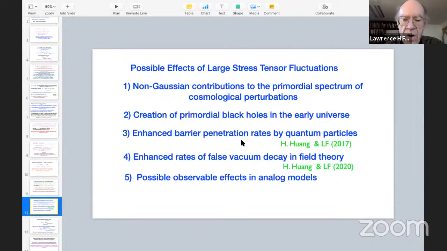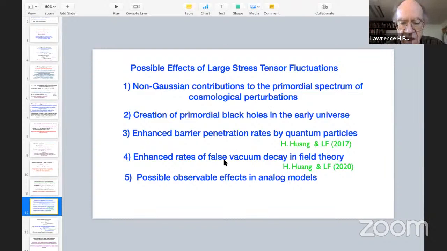But in this paper, we also pointed out that radiation pressure fluctuations could be large enough to explain this anomalous effect. So it's not yet known, but there's a faint chance that this effect has already been observed. More work will be needed to confirm that that's really the correct explanation.